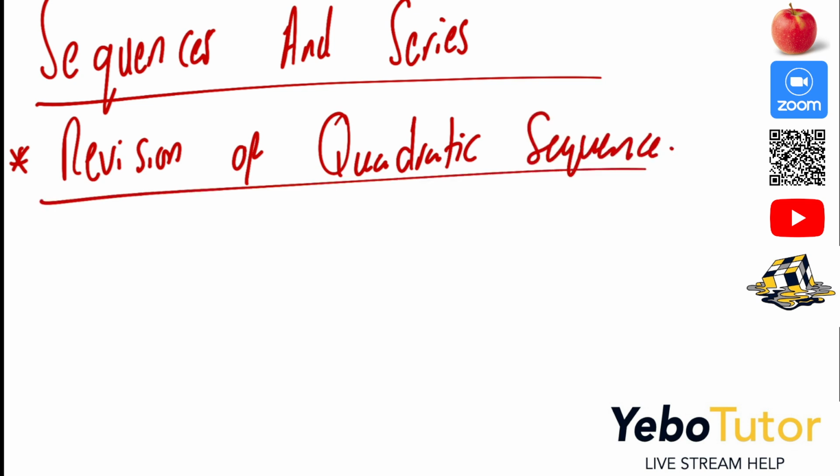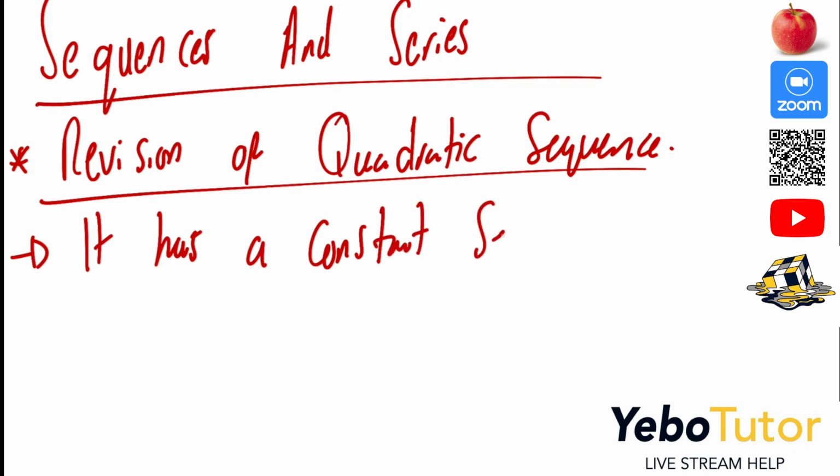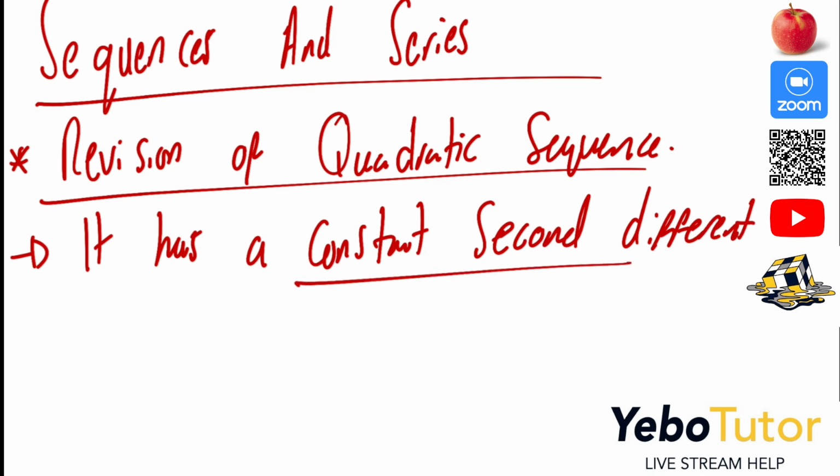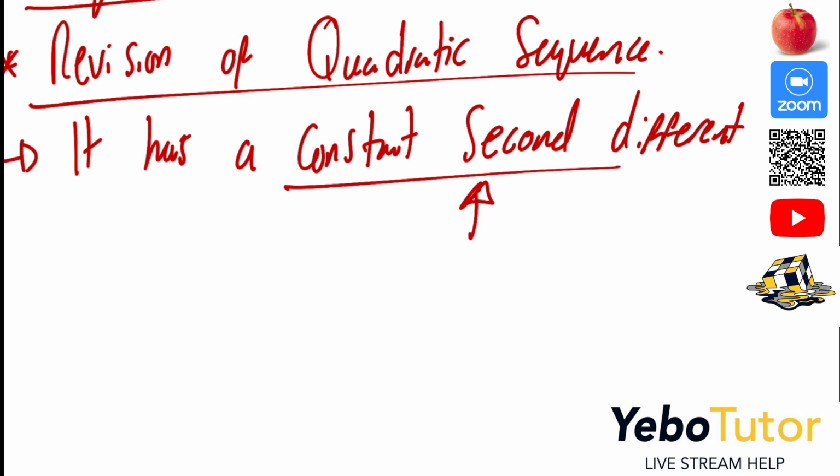What is important is to understand what a quadratic sequence is. We know that a quadratic sequence is a sequence that has a constant second difference. This is the key which guides us to understand what's happening in this specific sequence. So, for example,